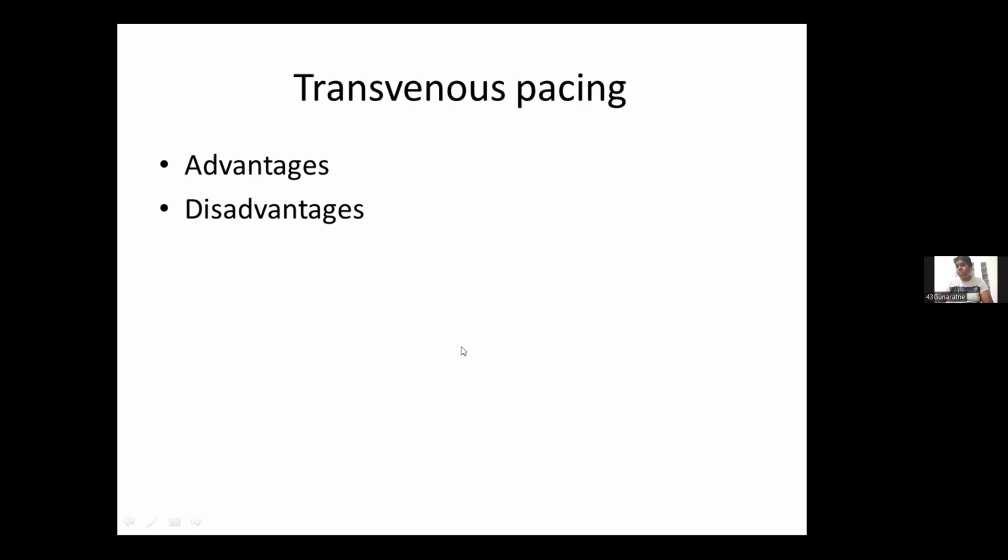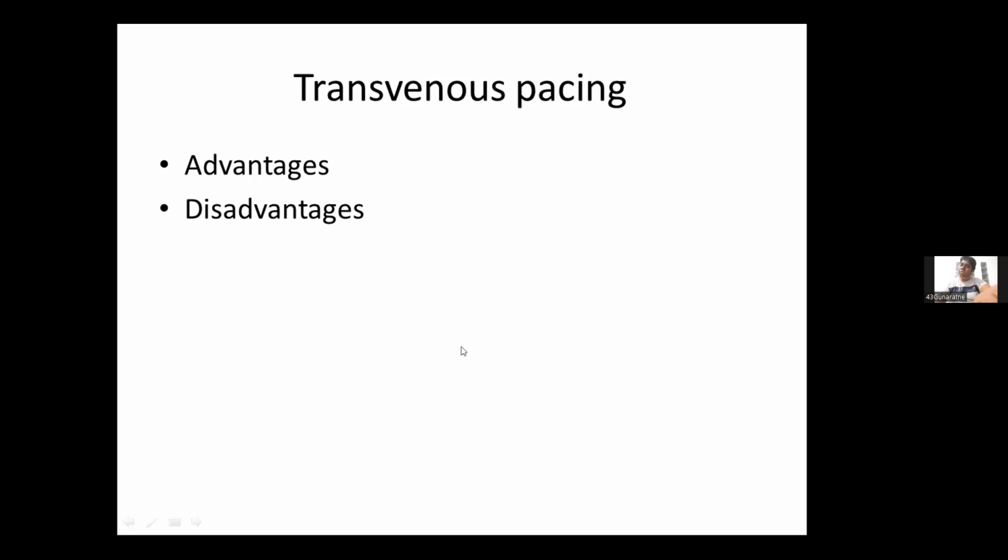Need to check and then you follow up. You should know how to. Not everybody can put in a transvenous pacemaker, not like external pacing. You should have some skill and experience to do that. At the same time, we can't put temporary pacemakers in each and every hospital. There should be a